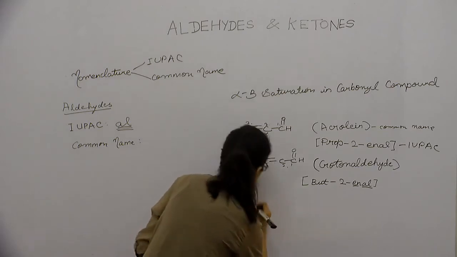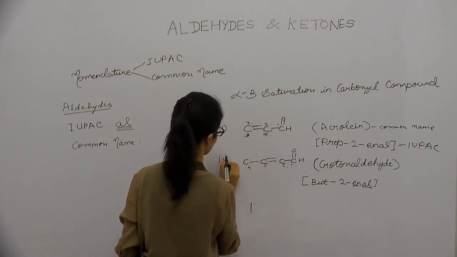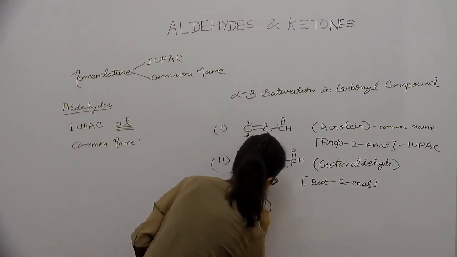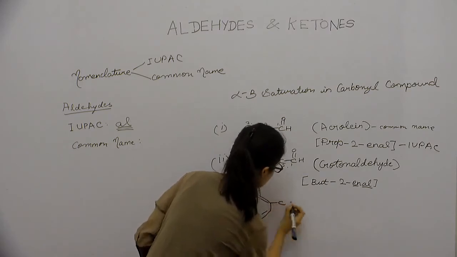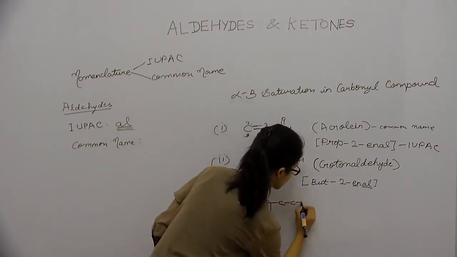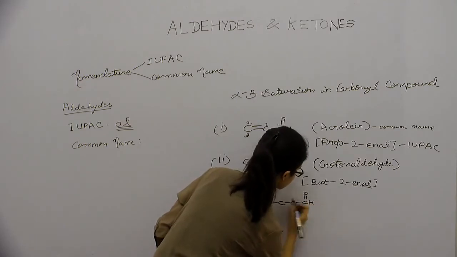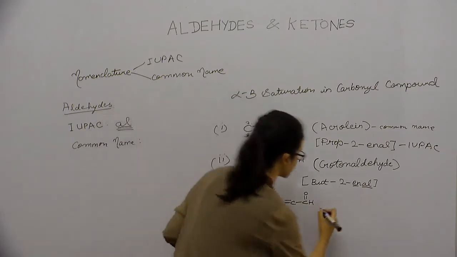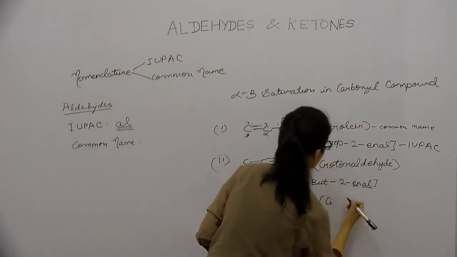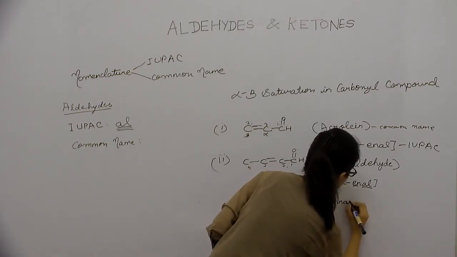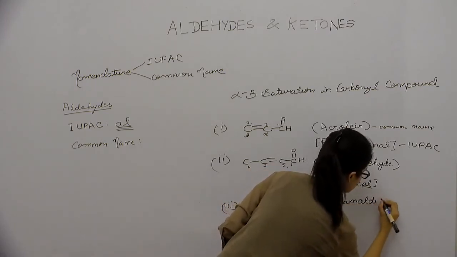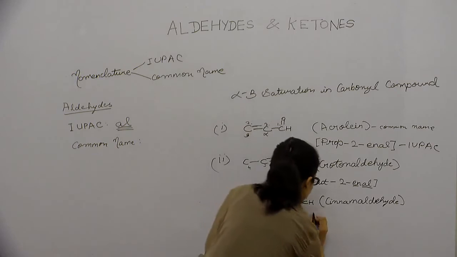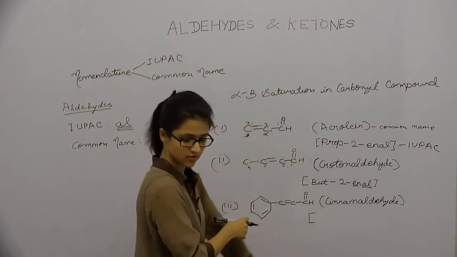Alright, now the third compound. This is the first one you can remember, second one, and the third one. So this involves a phenyl group. Alright, so this is the phenyl group, and we're adding 3 carbons because we want unsaturation. So we need 3 carbons here. This one is called, what is it called? Cinnamaldehyde. Cinnamaldehyde. Alright, so this is the common name, and if you have to write the IUPAC name,